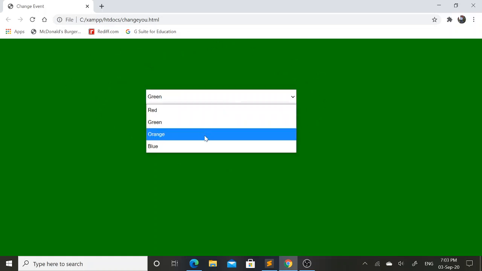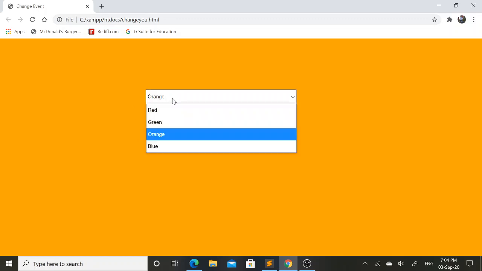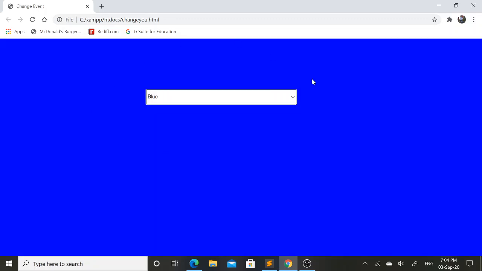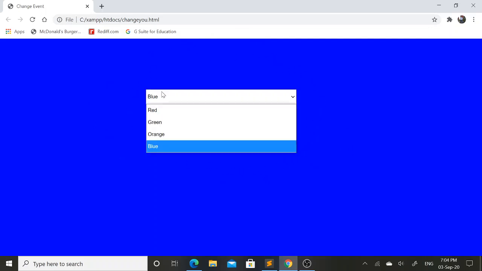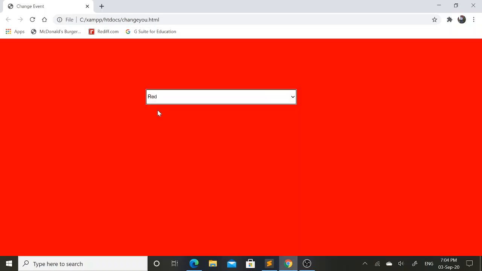Then later on I will select orange, so accordingly this background color of web page will convert into the orange. Then next I have selected blue, and again accordingly the background color of this web page has converted into the blue color. And finally I will select red color, so you can see that this time the background color of web page has converted into the red color.